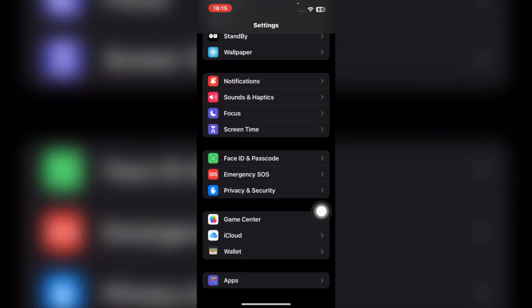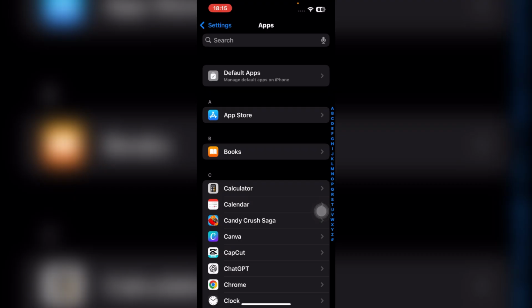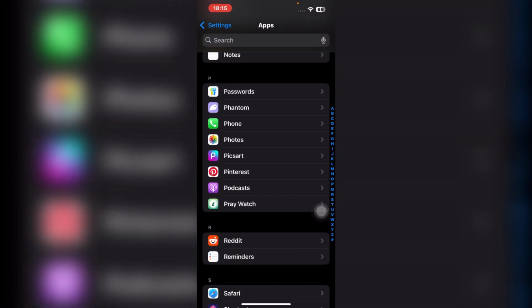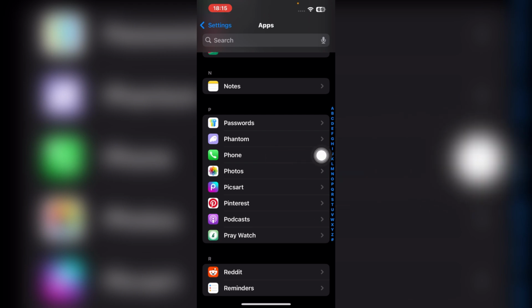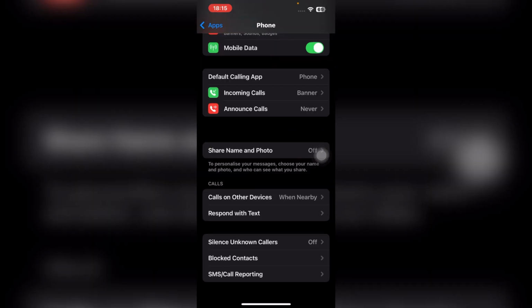the way to the bottom till you find the option that says apps. So just click on apps. And once you click on apps, you're going to find the application of phone. So just scroll down till the P section and here you're going to click on phone. So once you click on phone, you're going to scroll down till you find the option that says change voicemail